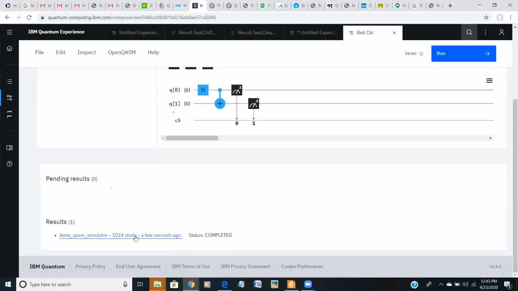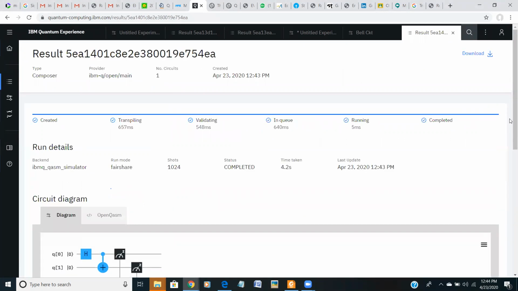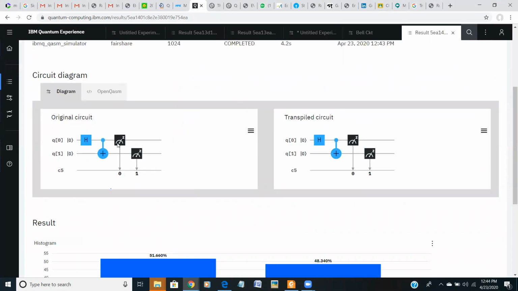Result is already completed, you can see. Yes, this is your Bell circuit.